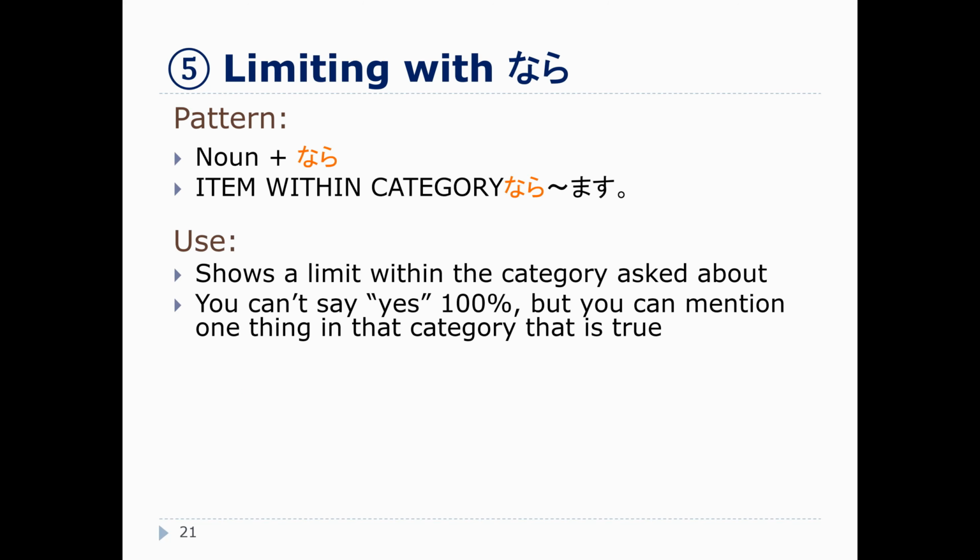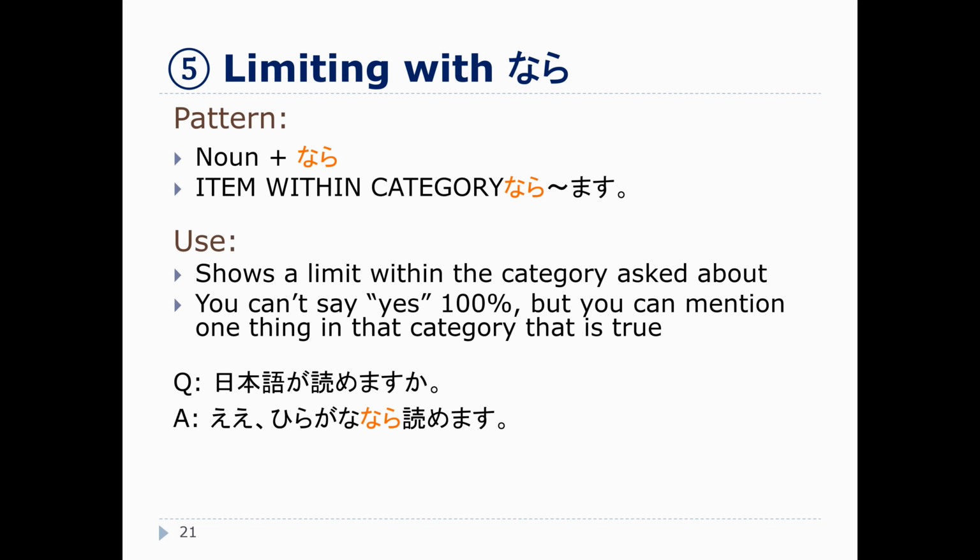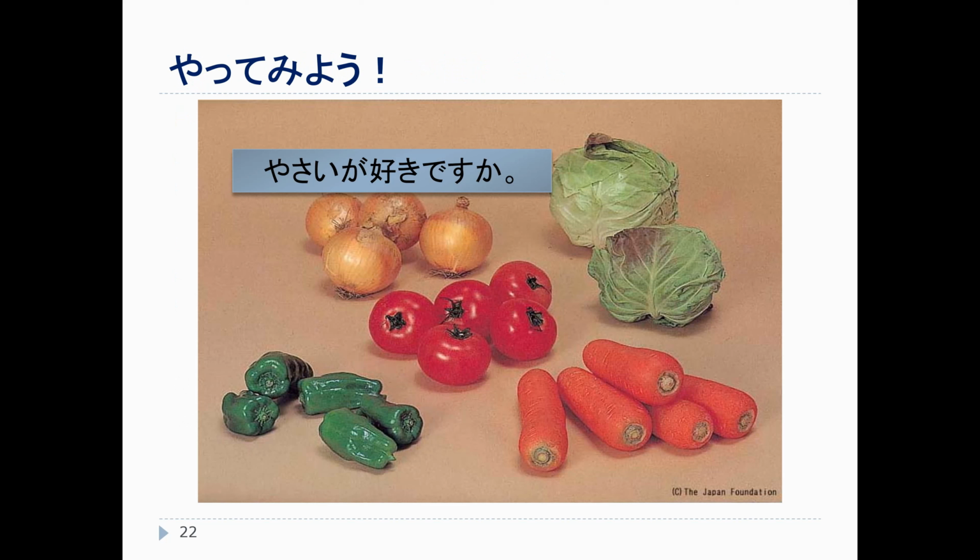For example, 日本語が読めますか？ひらがななら読めます。Or, 皆さんは野菜が好きですか？Maybe you don't like every kind of vegetable, but there might be examples of vegetables you do like. So we might be able to answer with, レタスなら好きです。Or, 玉ねぎなら好きです。